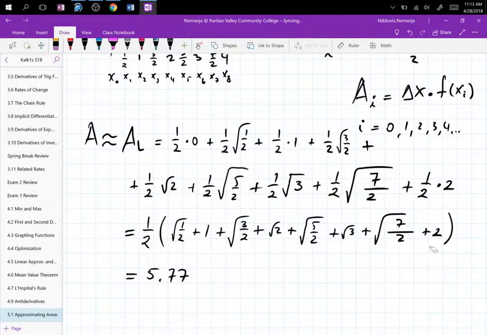So what happens simultaneously as you pick more rectangles? What happens? It gets more accurate, and at the same time,